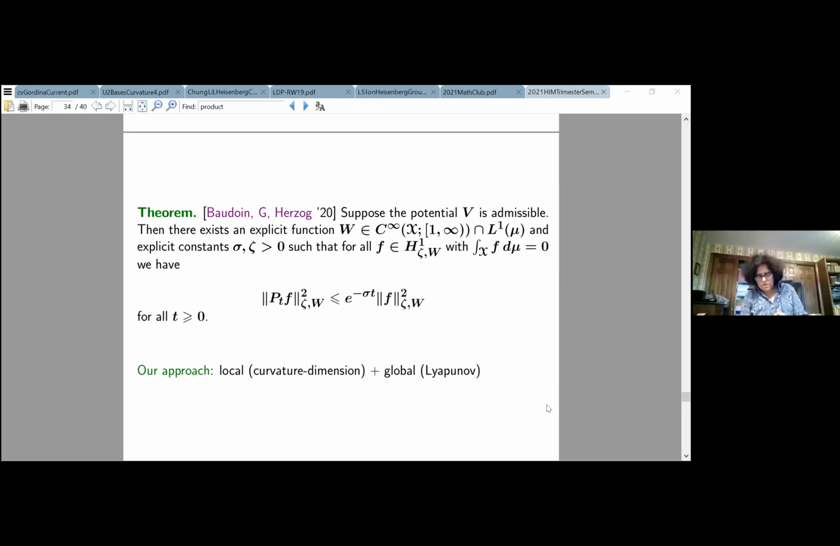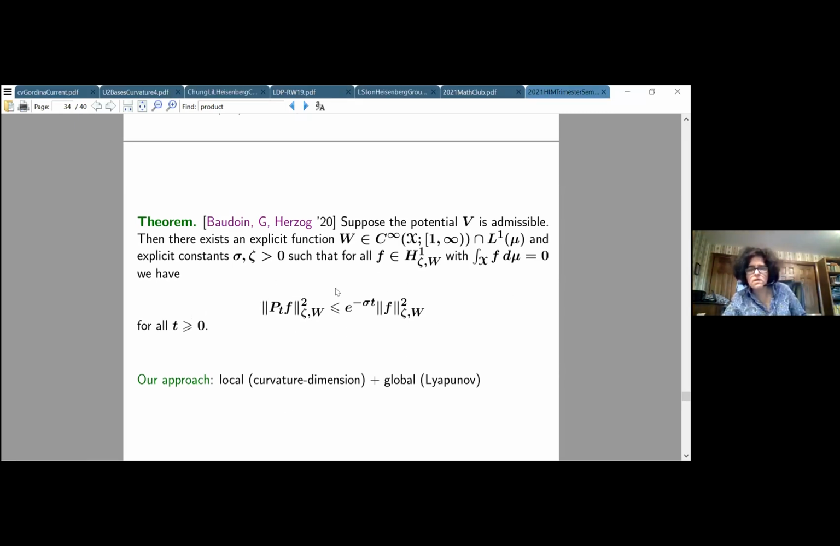So I cannot use my pen on that computer, but essentially this is the result. So what we want to emphasize here is this thing here. What it says is that we have geometric convergence to equilibrium. So sigma is an explicit constant. All the constants here are explicit, which depend on the potential and the constants, the dimension, and